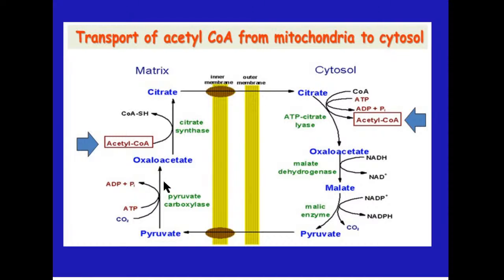Actually, malate can go back to the mitochondria to be oxidized by malate dehydrogenase back to oxaloacetate. It's also a citric acid cycle reaction. Or with the special malic enzyme, malate can be converted to pyruvate. What is it necessary for? This can increase the quantity of NADPH2 in the cytosol, because malic enzyme, in comparison with malate dehydrogenase, produces NADPH2, which is necessary for the reductive reactions in the synthesis of fatty acids and, as you will see, in cholesterol synthesis.